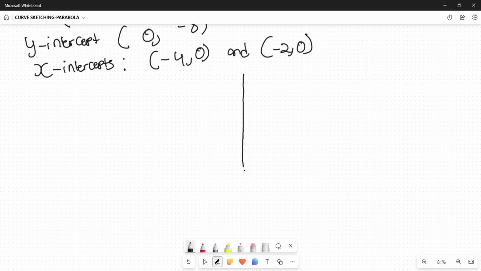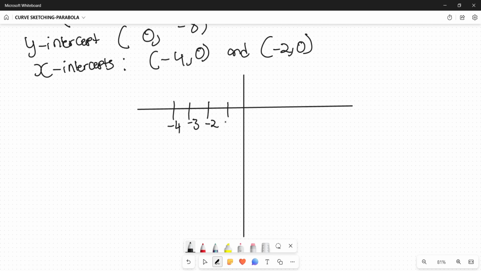So now obviously this is not drawn to scale. This will be negative 4, negative 3,